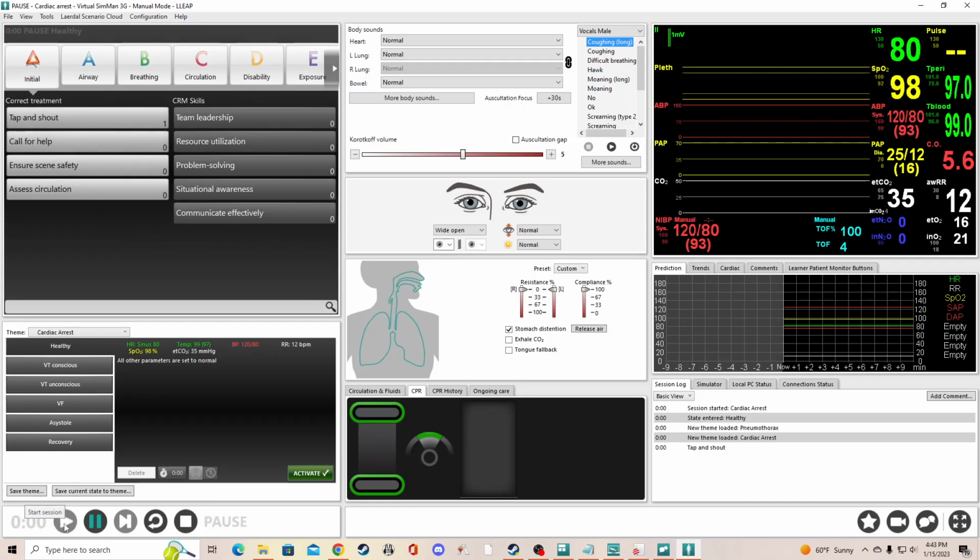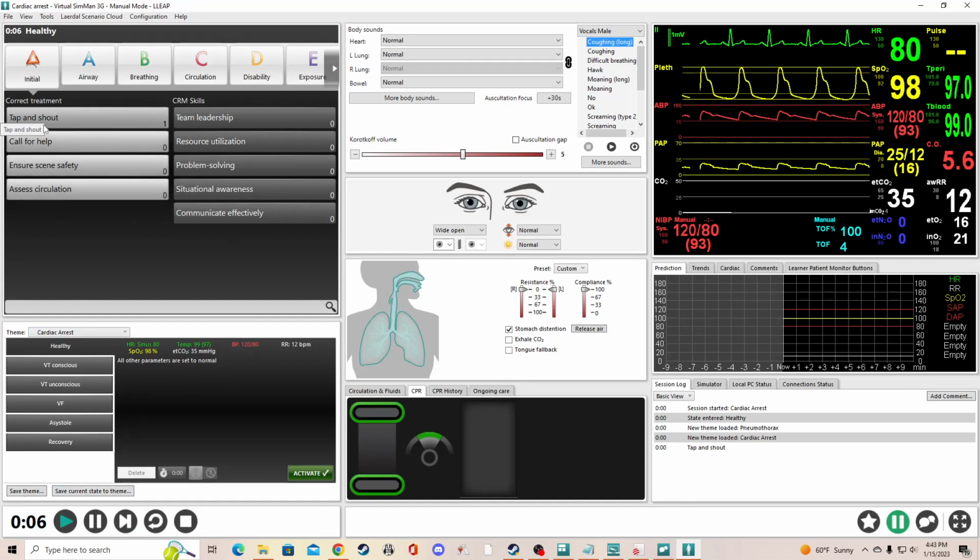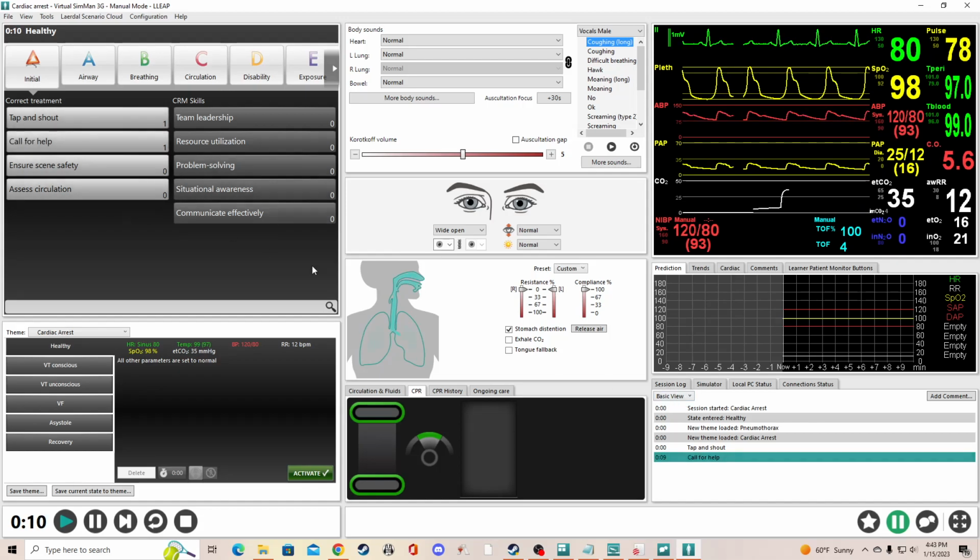Oh, sorry. Let's hit start. So now you can see the vitals and everything will become available. And then you can hit tap and shout and call for help, and that way you can keep track, and you're seeing it show up in our session log down here. It's just one way to